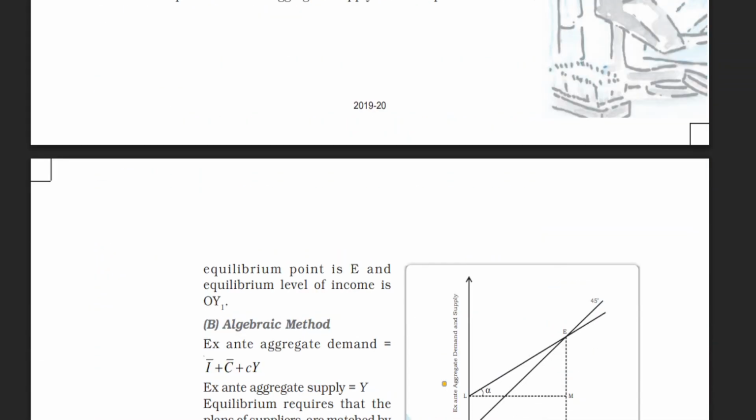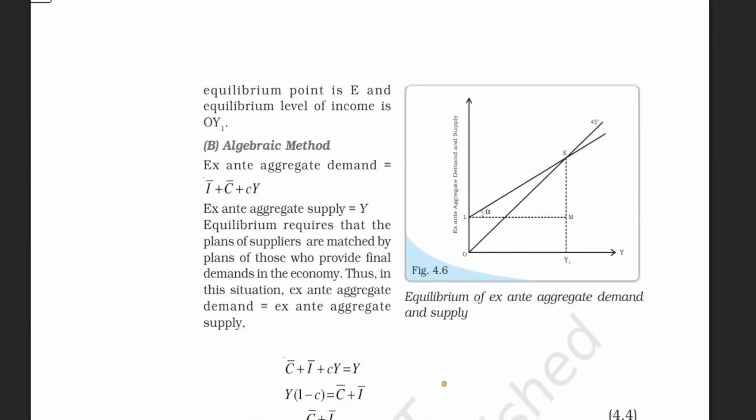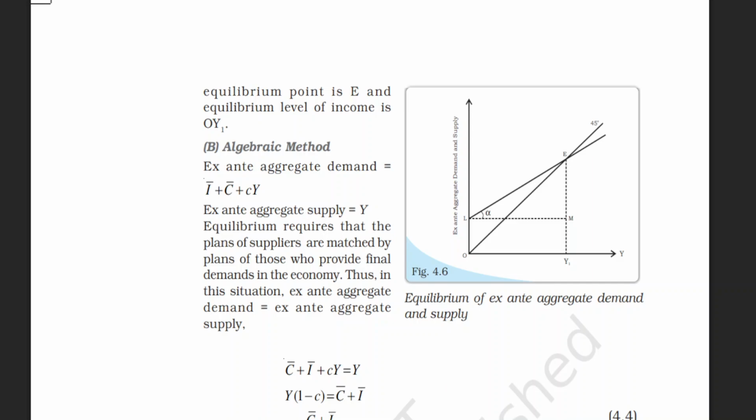Now I can show you the complete part, that is AD equals AS. This 45-degree line is considered to be the AS and the rest is considered to be the AD. There are two scenarios you can see here. The first is where your AD is greater than AS, and the next is where your AS is greater than AD. In the first half, where AD is greater than AS, the demand is high but the supply is very low, and the rest of the part shows where the supply is more and the demand is less, right?